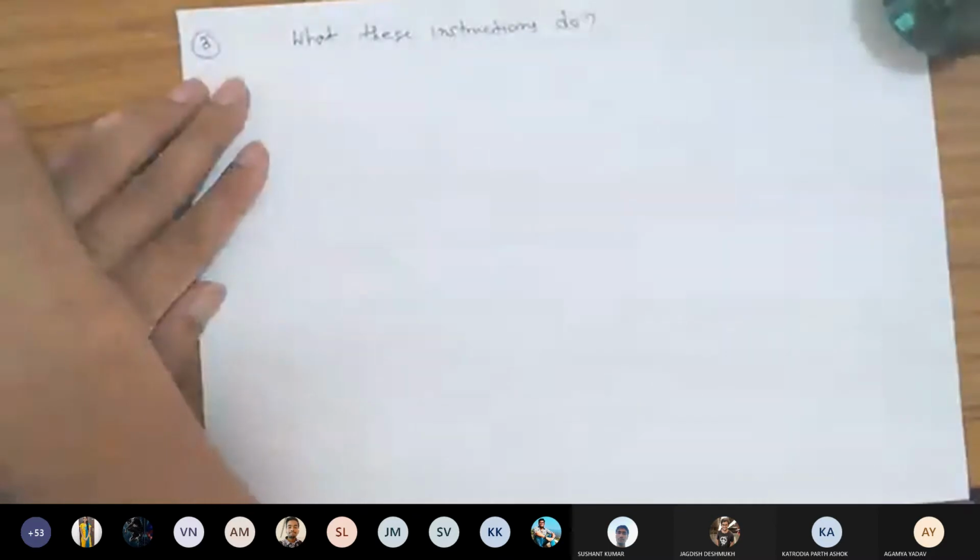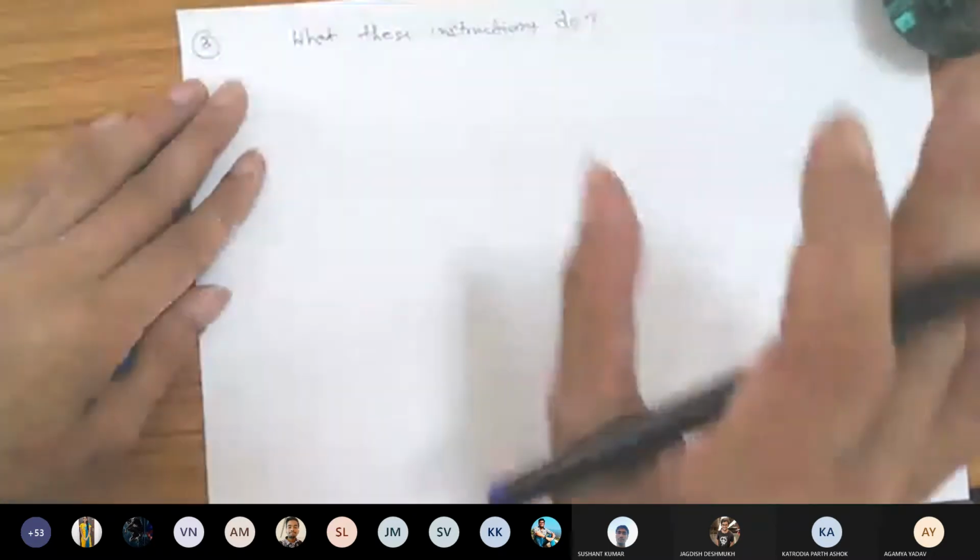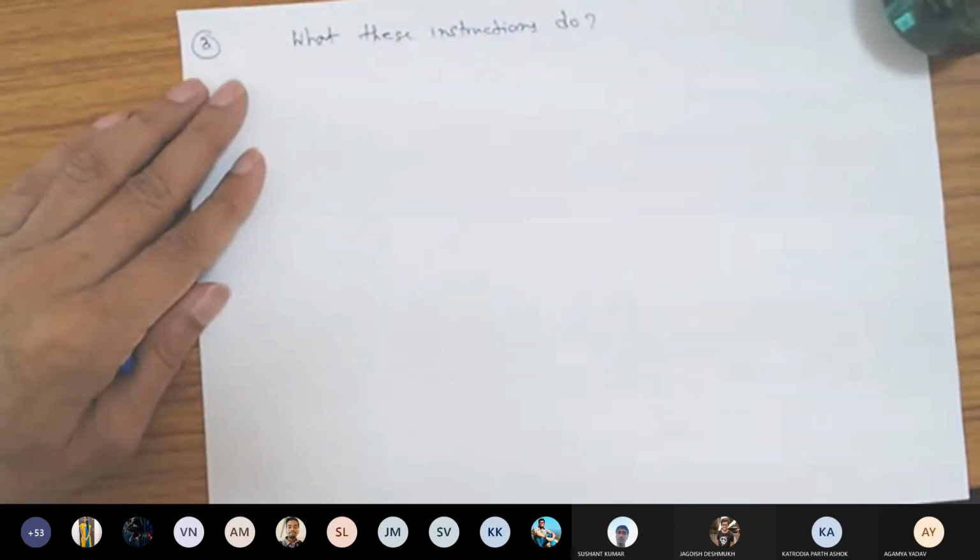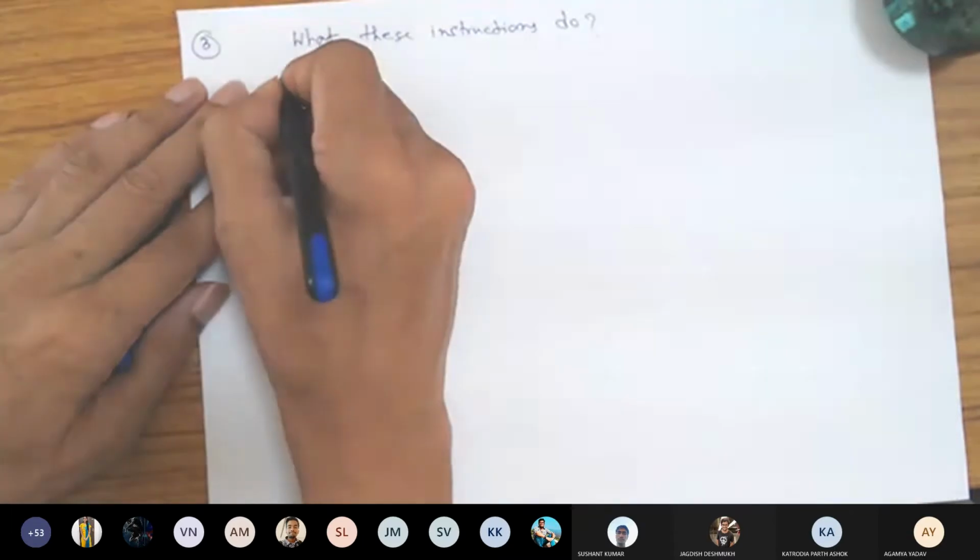Barring some exceptions, we can summarize what these instructions actually do.